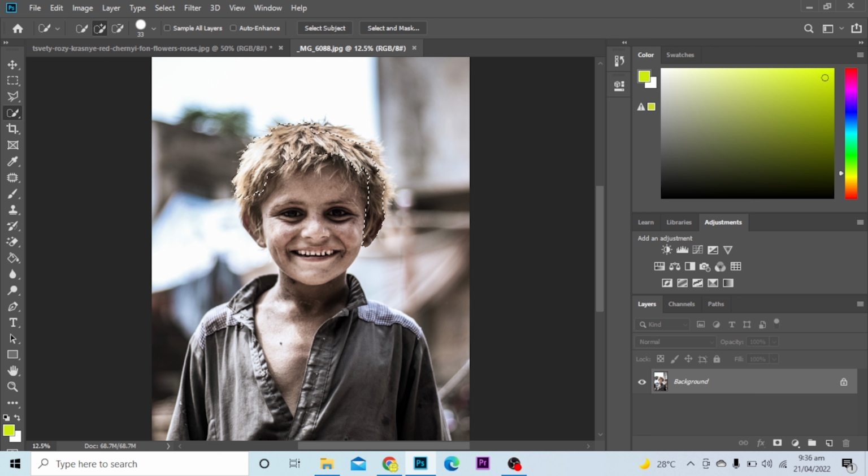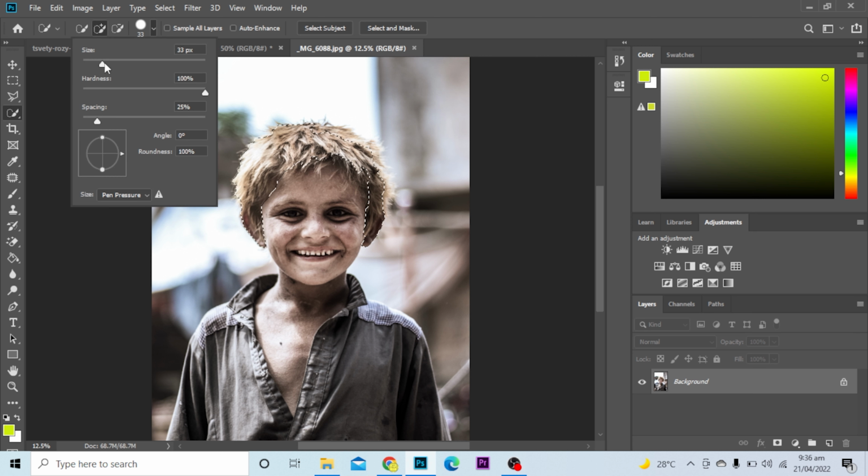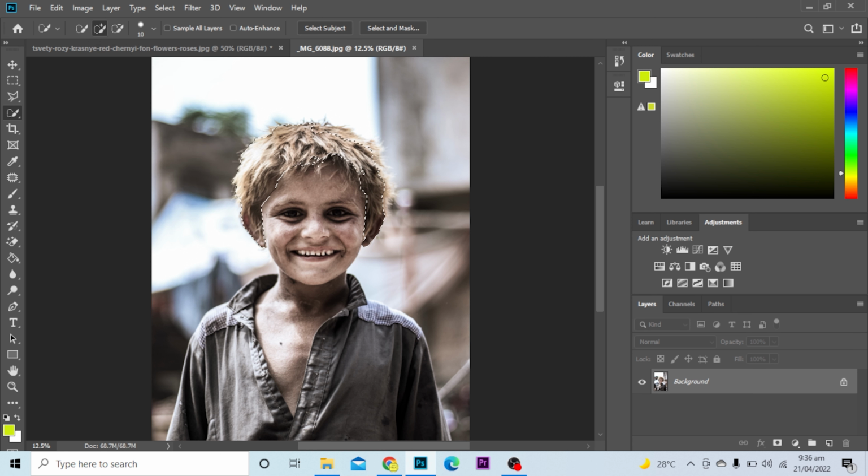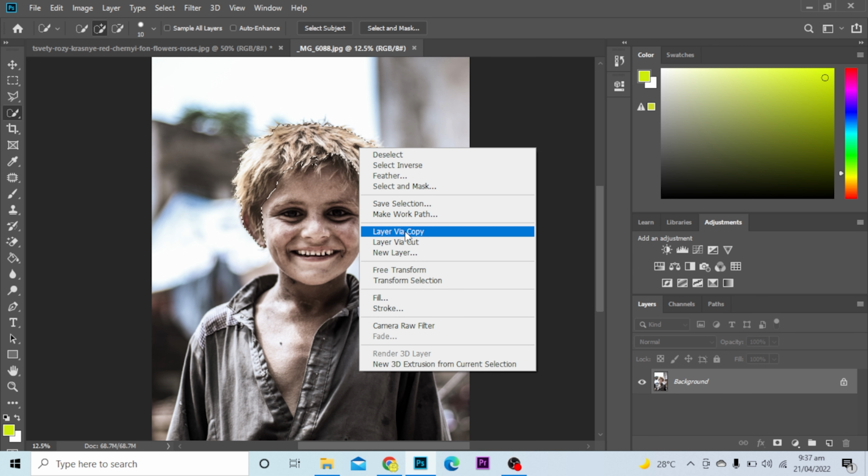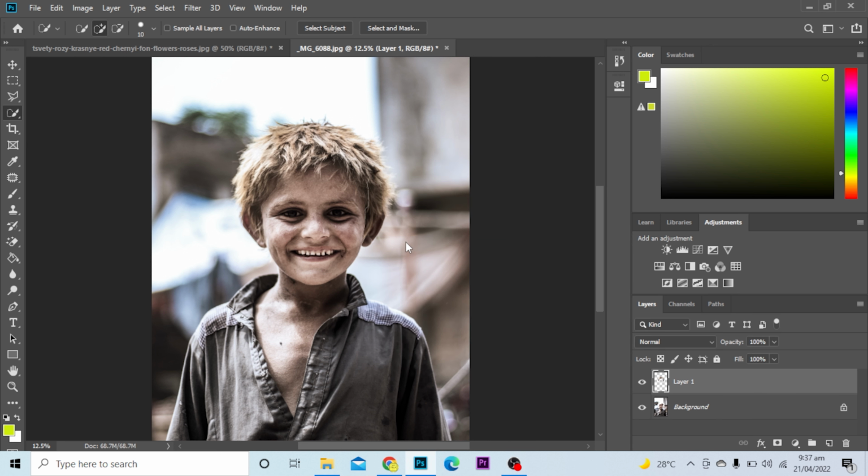Make sure that your cutting is really good so that there won't be any blemishes. Yeah, so these are almost there. I'll decrease its size. So what I'll do is I'll right click this and select layer via cut, and as you can see that